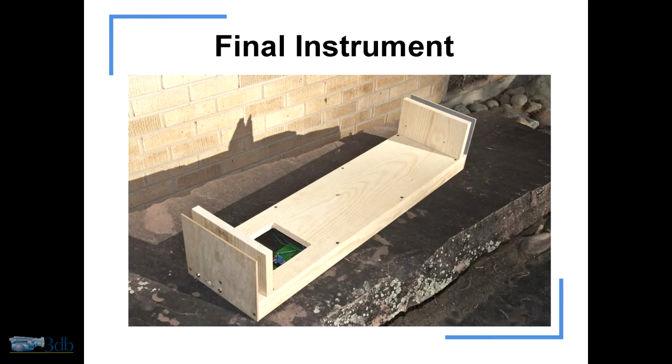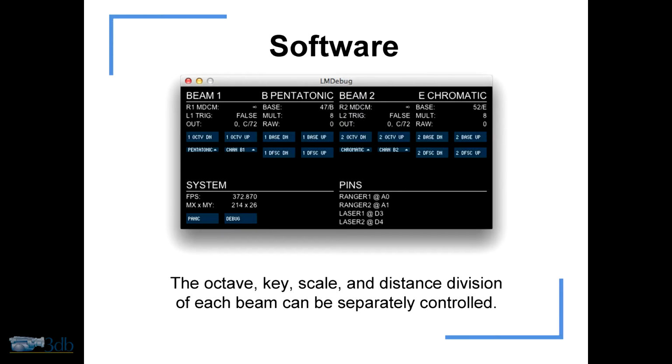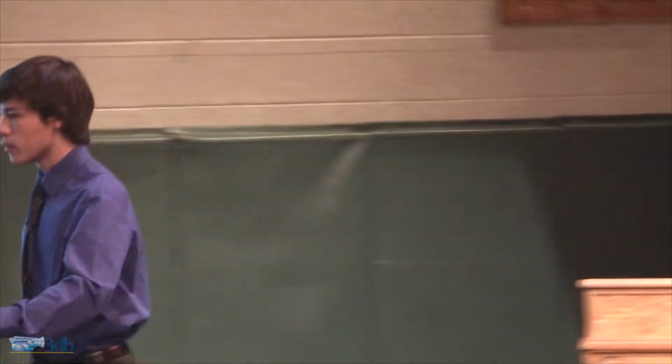So now I'm going to show you the instrument. It looks a little bit different than that. Just to mention, the software that I'm going to be using looks like this. It allows me to control a couple things: octave, key, scale, and all that. So now I'm going to